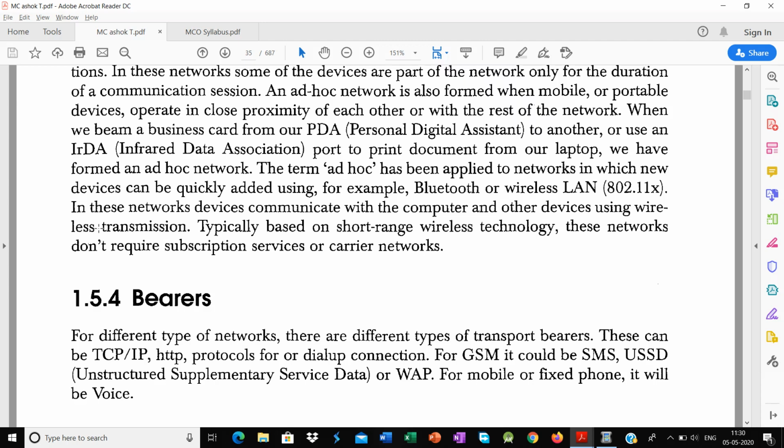So today we have seen the dialog control, short transaction, and session oriented transaction, and various